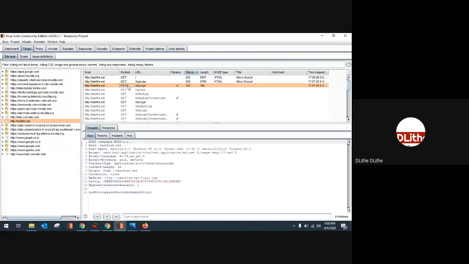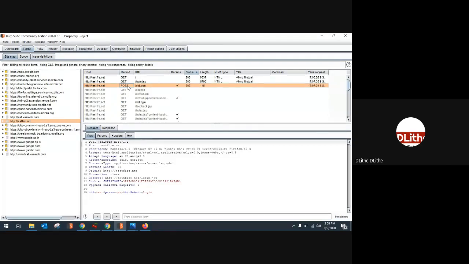Whenever the client or browser is sending information to the server, it uses a method called the POST method. In our case, we are sending credentials to the server. So always understand that in HTTP, whatever credentials we send to any website, we always send through the POST method.